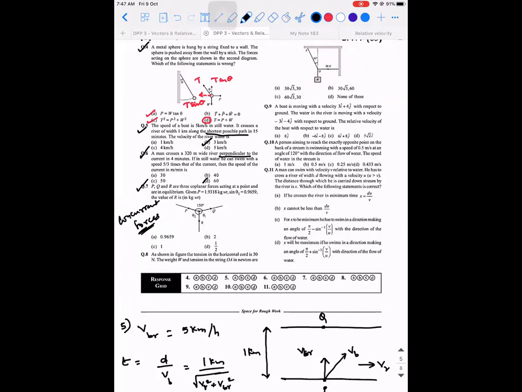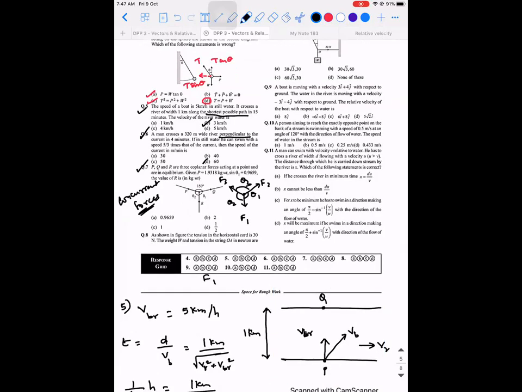For concurrent forces acting under balanced condition, do you guys remember this? If this is F1, F2 and F3, taken as theta 1, theta 2 and theta 3, then